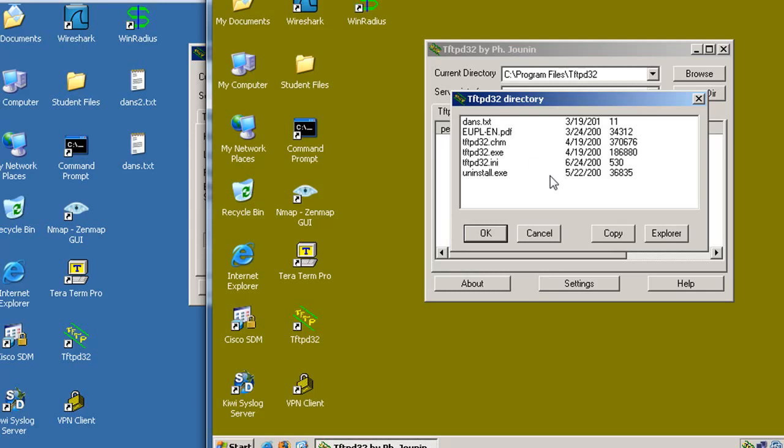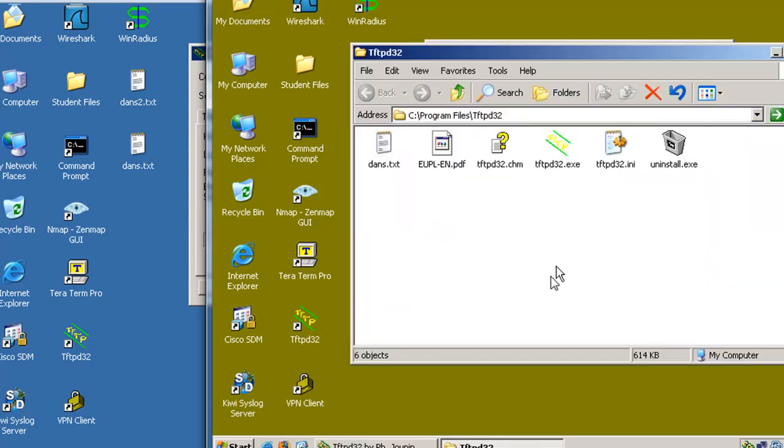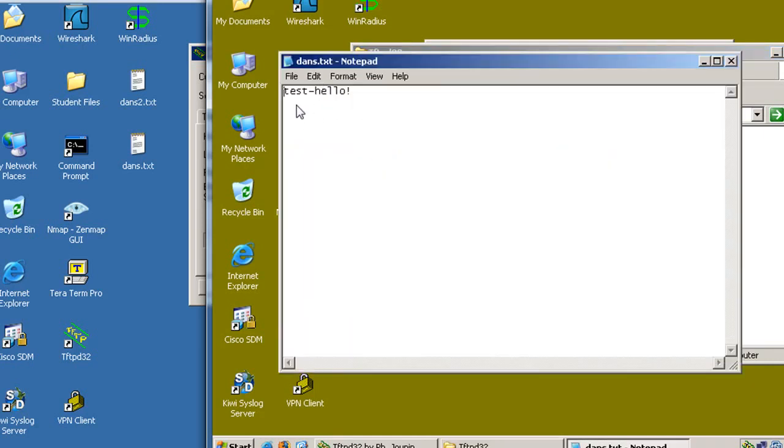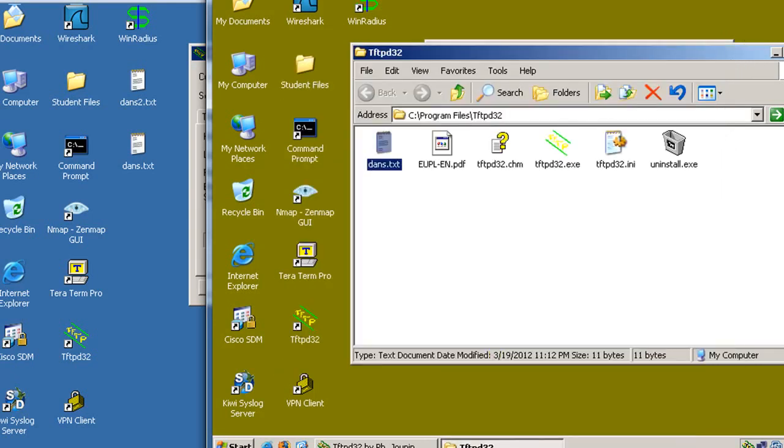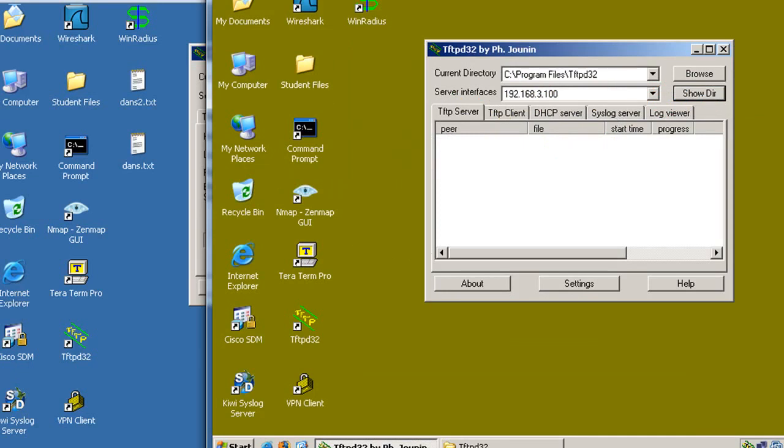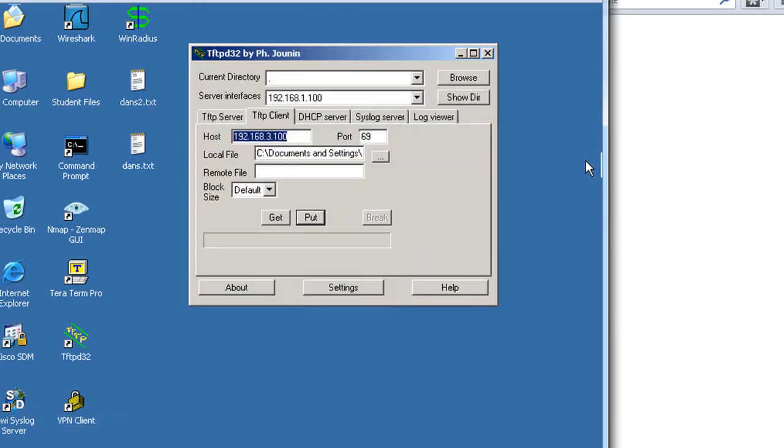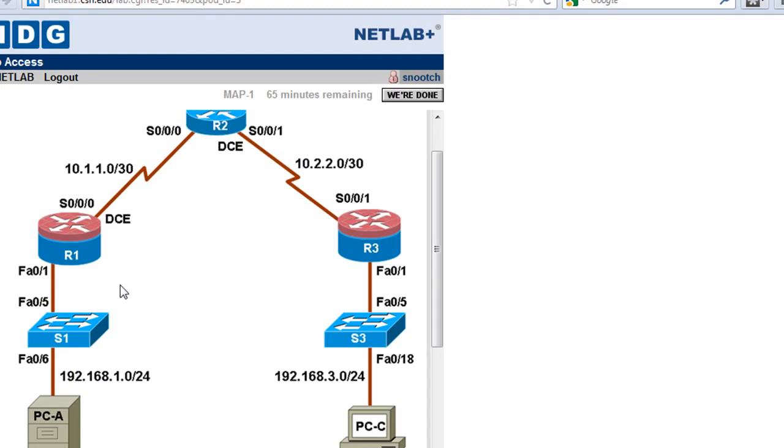It's in the program files folder, and we can examine it using Explorer, right? And there it is, and we open it up, and sure enough it has the statement that I wrote in it. So the text file transferred across. So we have communication to the other side of the network, and so now all we need to do is configure our access lists, our context-based access control, our CBAC firewall, our stateful firewall,